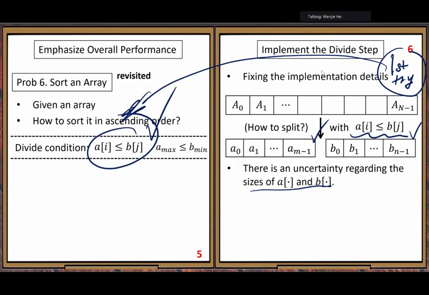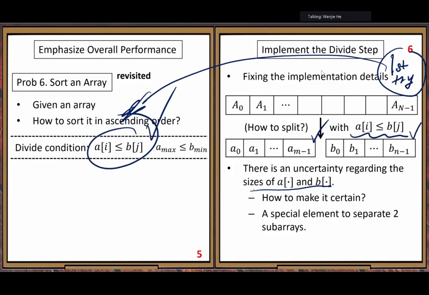So let's work on this part. Let's get some idea first. How to make it certain? It looks like the question is hard to answer.